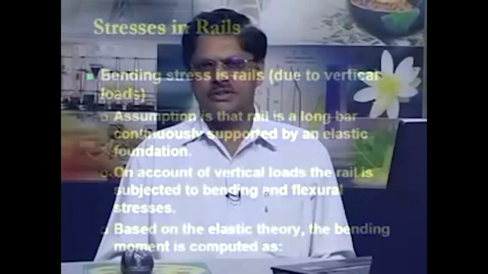Flexural stresses means that whatever the material is of that rail section, it will be able to sustain the stresses or the loads up to some value, and that is where the ultimate tensile strength of the rail section comes into the picture. We have seen that the rail sections have two ultimate tensile strength conditions. One is 72 kg per mm square and there is 90 kg per mm square ultimate tensile strength sections, and this is the case related to the flexural stresses and the conditions being created because of the vertical